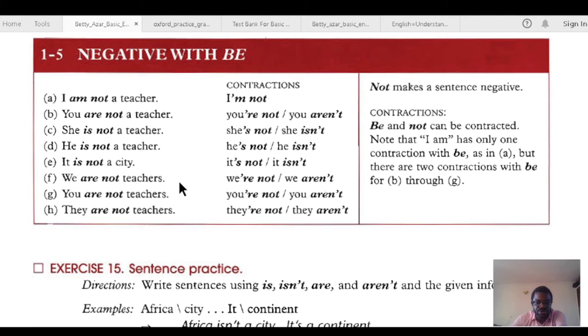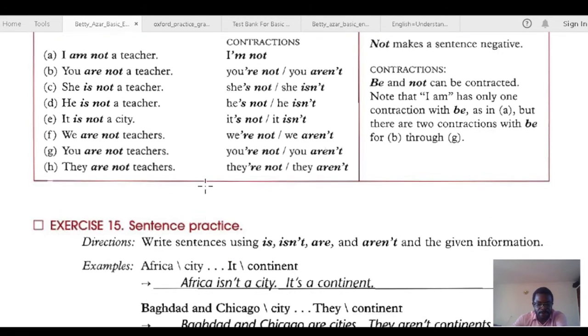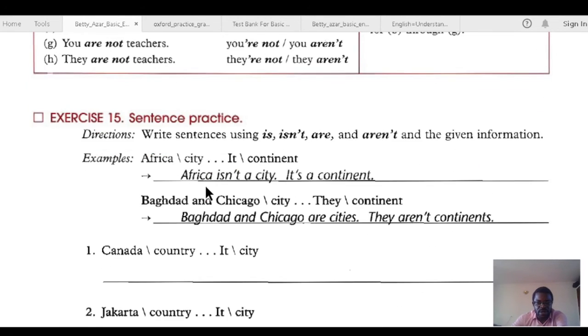So we are not teachers. We are not, we aren't. See, they come in different forms, and you can contrast these ones together. You are not or you aren't. She is not, she isn't. He is not, he's not, or he isn't. It's not or it isn't. Okay? So by the time we're done with that,